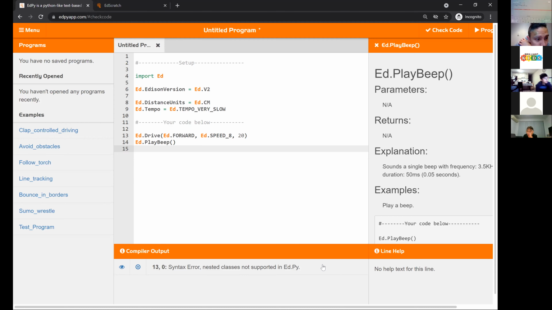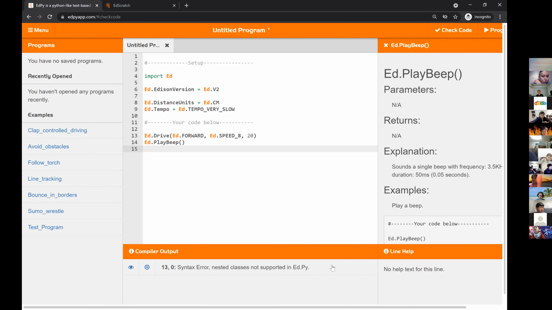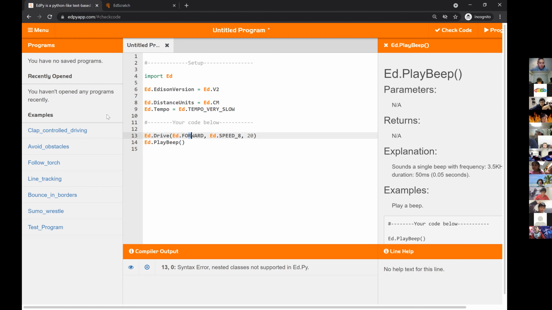Oh, you misspelled forward. That's why. You misspelled forward because you forgot an R. Yeah, that's why. You should make sure you put the spelling correctly. So if there's any issues, maybe just delete the whole line and type everything from scratch. Okay, awesome. Good job, Vishal.